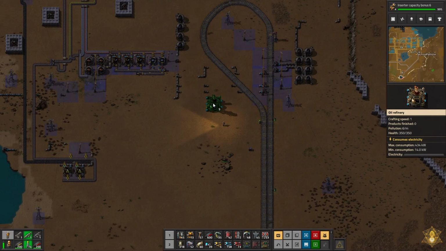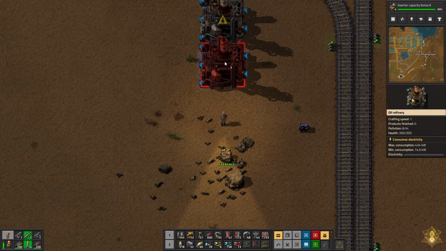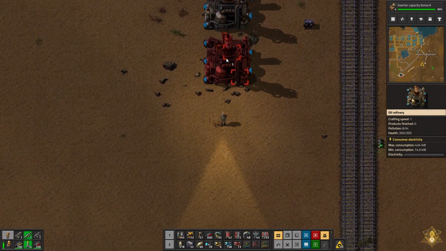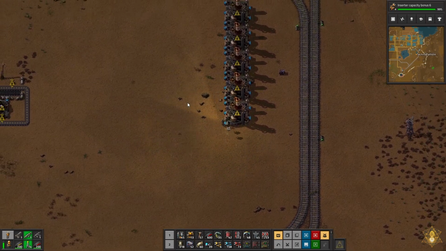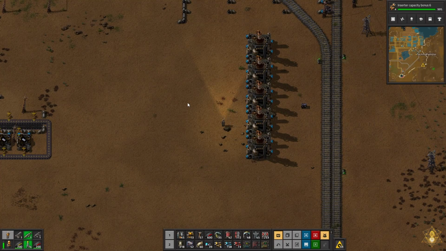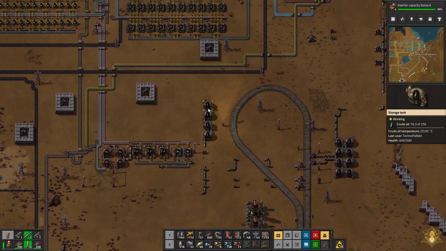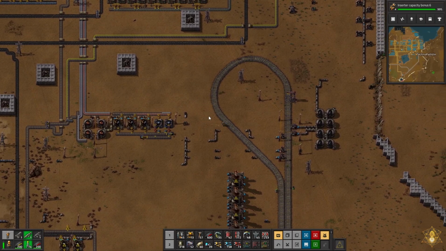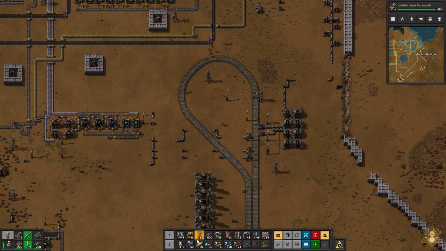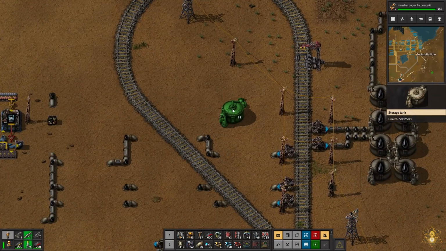I'm going to shift all my oil production around a bit. And 5. Alright, so there's that. So now these are pretty much empty. So what I want to do now is I'm going to put that. I'm going to stick one over here on this side. So what we're going to do is...